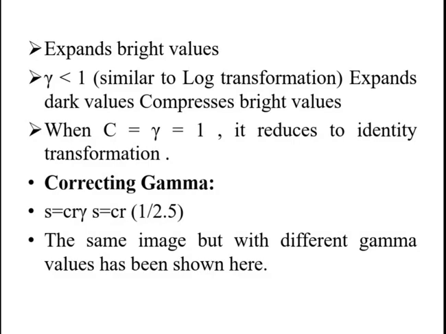Images that are not corrected properly can look either bleached out or, what is more likely, too dark. Trying to reproduce color accurately also requires some knowledge of gamma correction, because varying the values of gamma changes not only the intensity but also the ratios of red to green to blue in a color image. Gamma correction has become increasingly important in the past few years as the use of digital images for commercial purposes has increased.